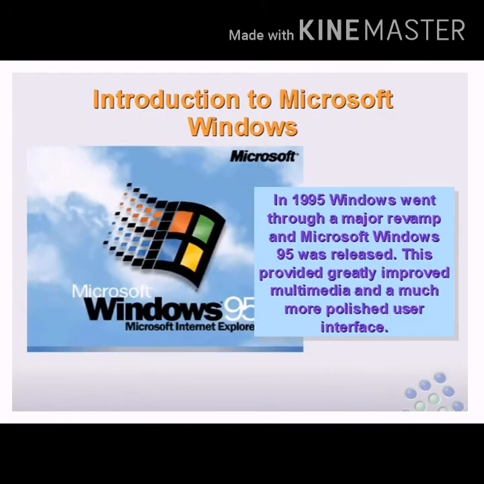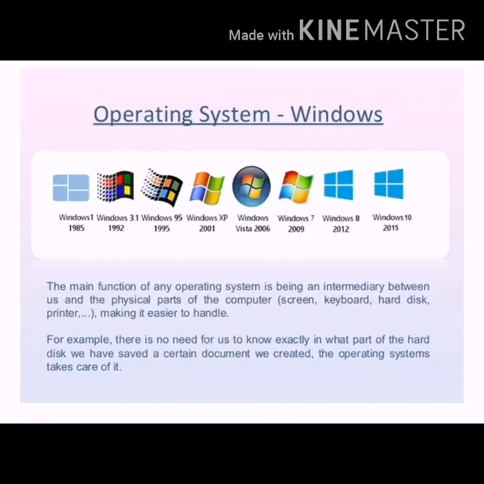Initially, Windows was introduced in 1985 by the name Windows 1.0, which was not an operating system but was an operating environment. At that time, MS-DOS was the most used operating system software, which had a CUI, meaning Character User Interface environment. The first version of the Windows operating system, named Windows 95, was released in 1995.